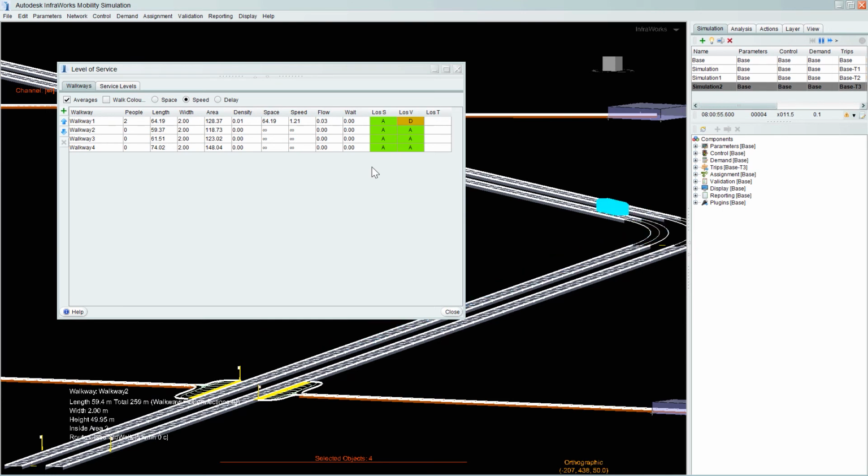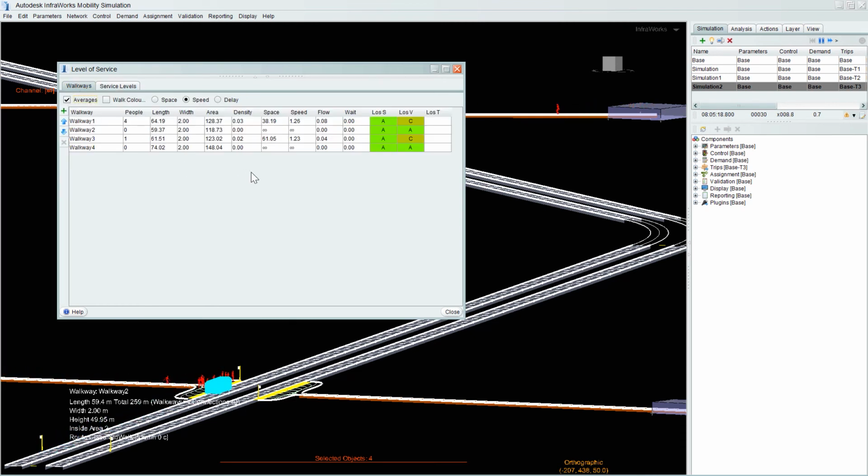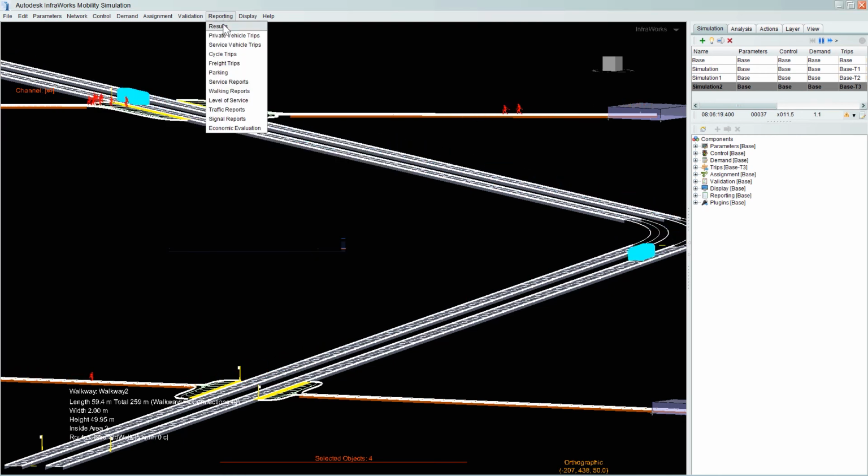again, this is dynamically updated, and you're color coded on this side here, just as a quick visual check as the simulation is progressing. The actual service levels are configured in this tab. So we have a user-defined service level, but there are some other standards recognized in here as well. Okay. So many different types of reports. Just select the ones you want, run the simulation, and then save it away as an XLS file. Pretty simple.